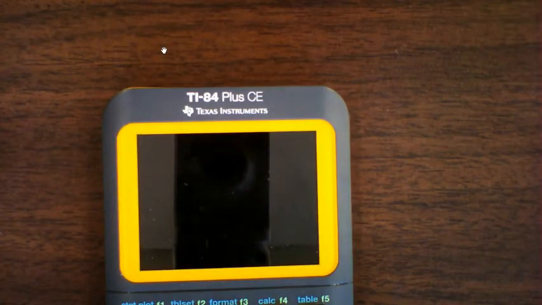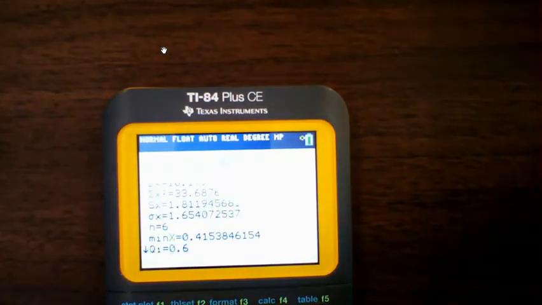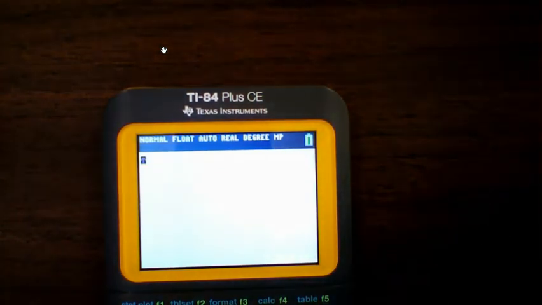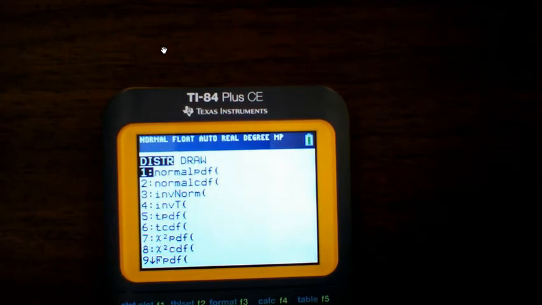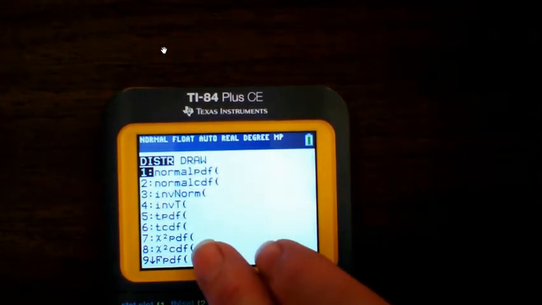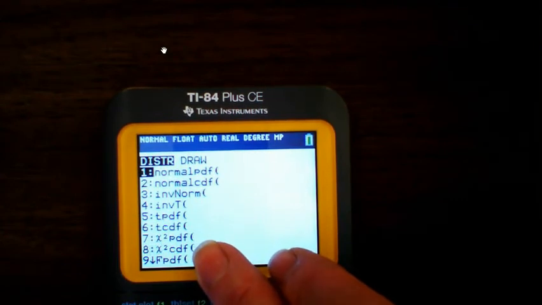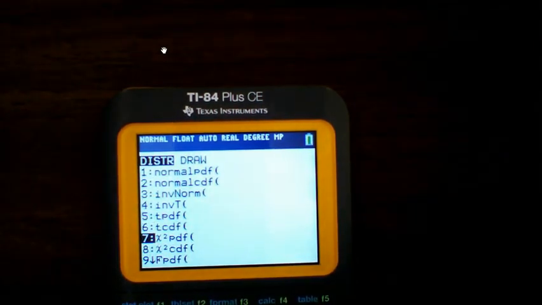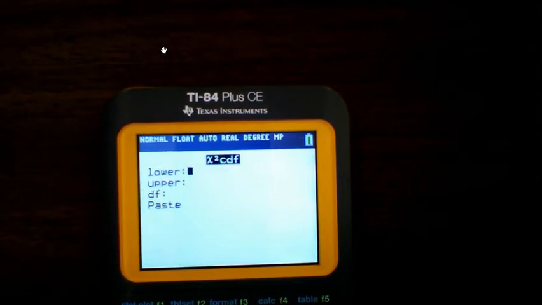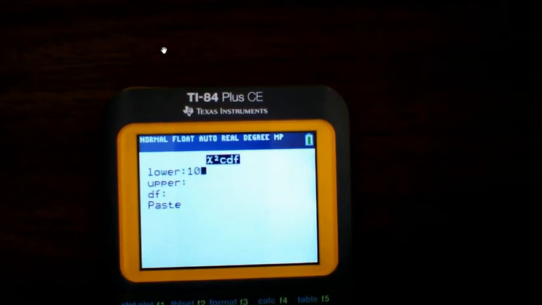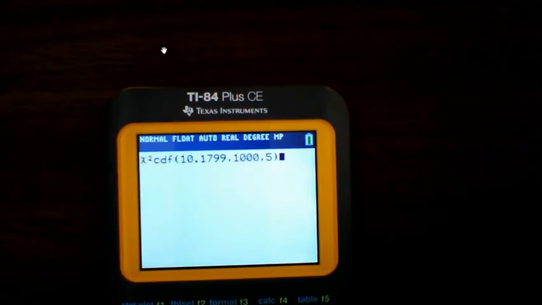chi-squared CDF. So, in the calculator, just second and vars gets you to the distributions. Scroll down to number 8 on my calculator, which says chi-squared CDF. The lower amount is always going to be a right-tailed test, so 10.1799. Upper, any large number will do. Degrees of freedom, there were 6 categories, so 6 minus 1 is 5, and then we paste it, and so